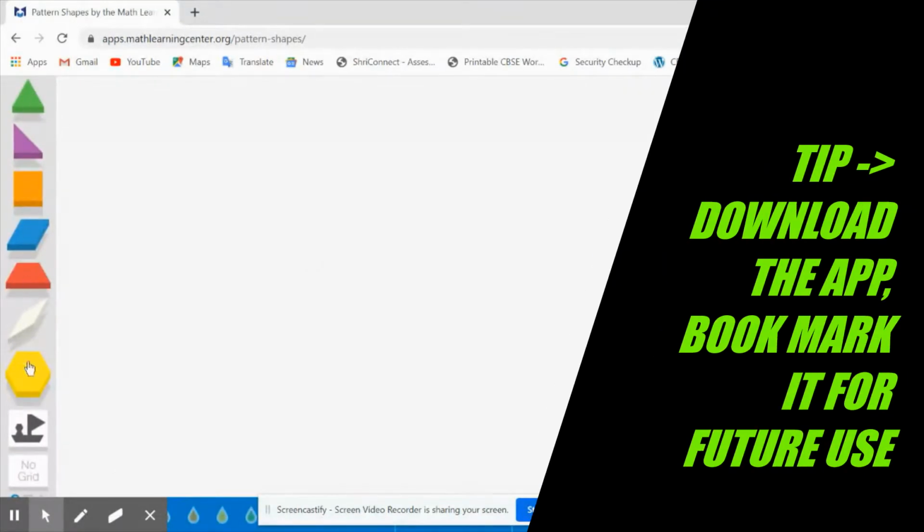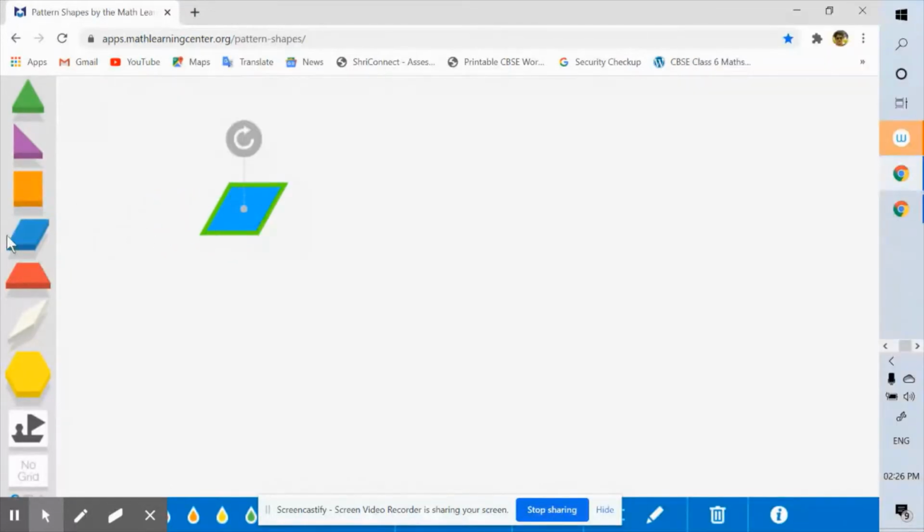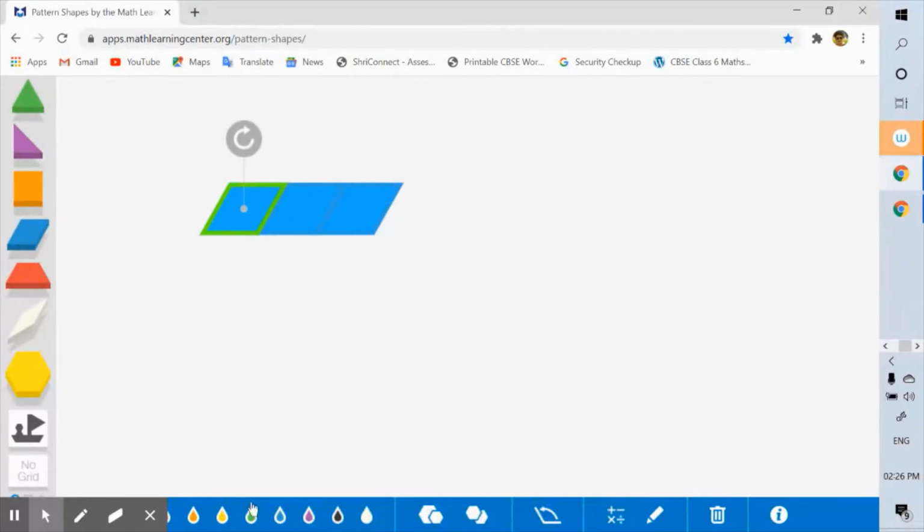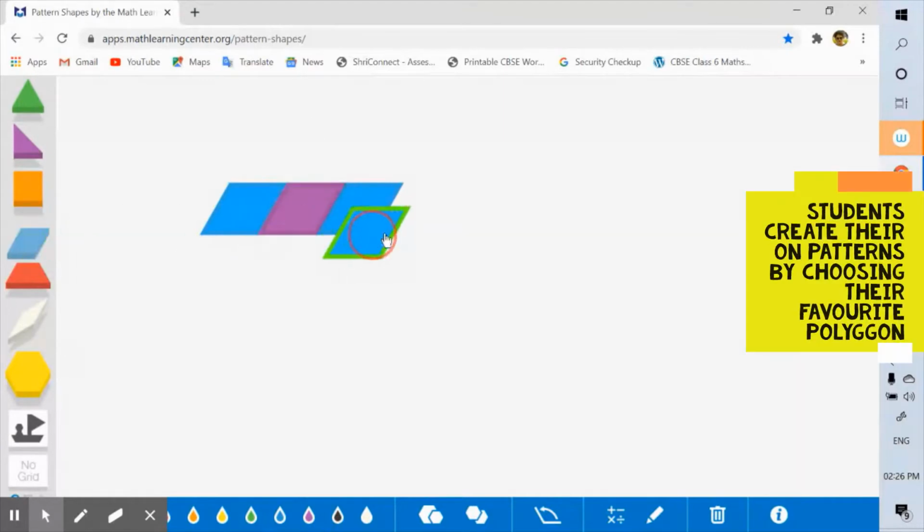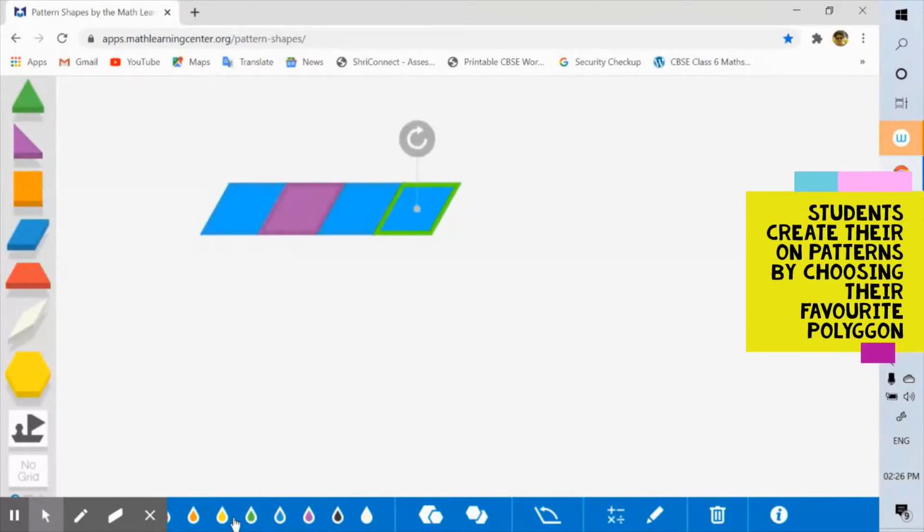And now it gives you some shapes here on the left, and you can choose any shape and start your pattern, making a pattern like I'm making this one. So it gives you a shape, but then I don't like the same color. It gives you an option to change the color. So I can choose different colors, and it will start looking, let me change this color. And then again, I'll take a shape, and then I can change another color to it. So this is another option.